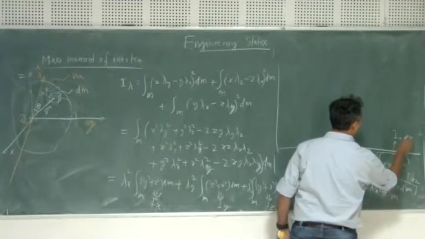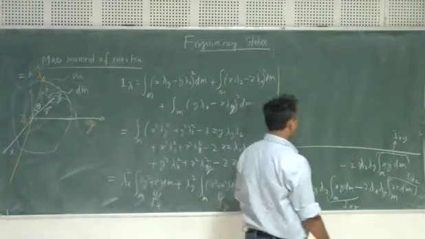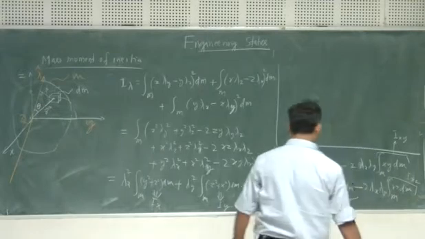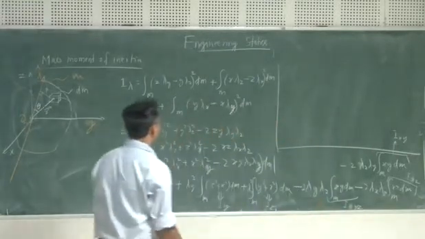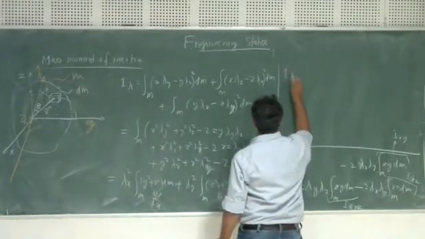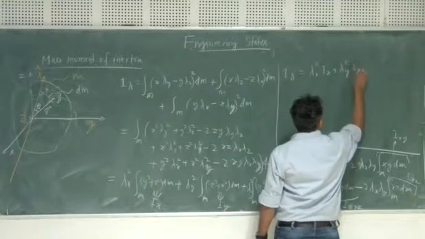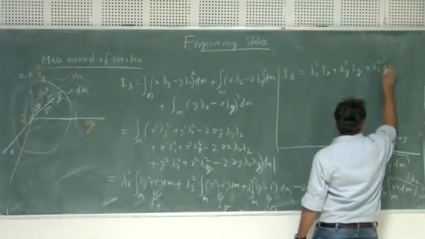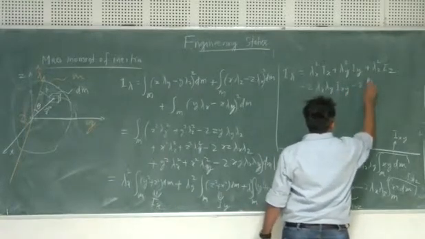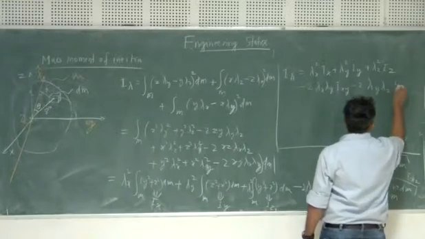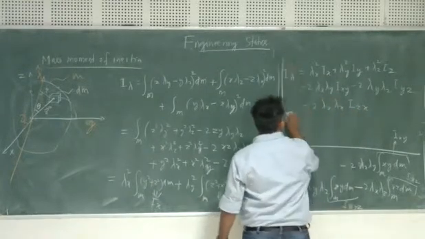So finally, you will see that this I lambda is written in terms of Ix, Iy, Iz, Ixy, Ixz, Iyz. So finally, your I lambda is given by lambda x square Ix plus lambda y square Iy plus lambda z square Iz minus 2 times lambda x lambda y Ixy minus 2 lambda y lambda z Iyz minus 2 lambda z lambda x Izx, and this is what is your formula